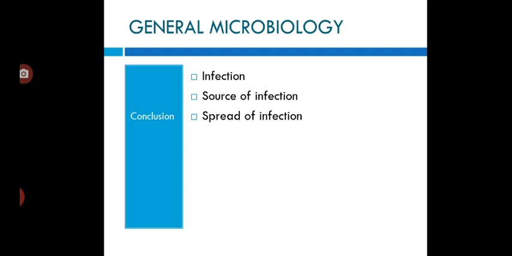Next is fomite. Contaminated inanimate objects like door handles and clothings can also transmit the disease when a person comes in contact with those contaminated objects carrying the pathogenic organism. Vector-borne is when an insect acquires a pathogen from one animal and transmits it to another either mechanically or biologically. Next is congenital. Some pathogens are able to cross the placental barrier and infect the fetus in utero, through perinatal and postnatal routes.